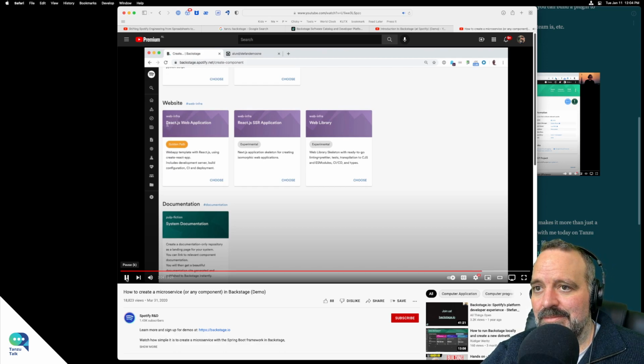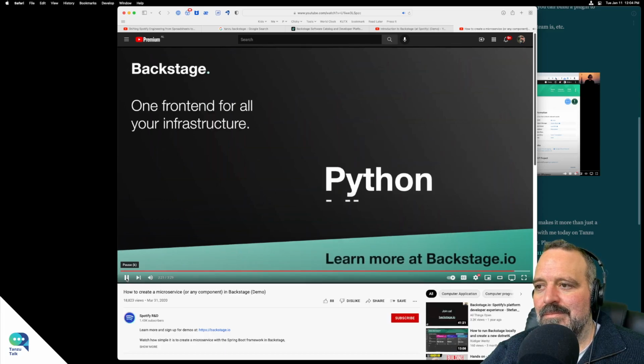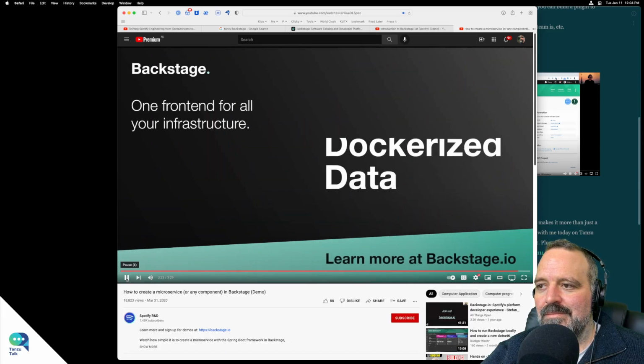I can have a standard-based React.js web application. It's the same process for creating a data pipeline with BigQuery, a data science tool, an application feature in Swift, or even documentation, with all your infrastructure tooling integrated in Backstage. Once you learn how to create one component, you already know how to create the others as well.